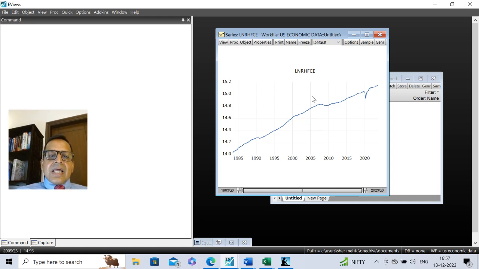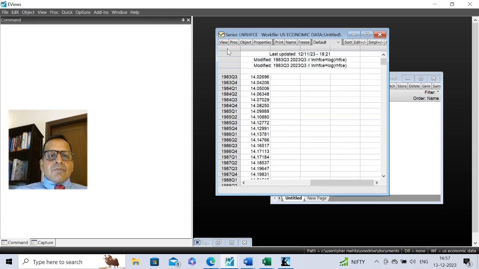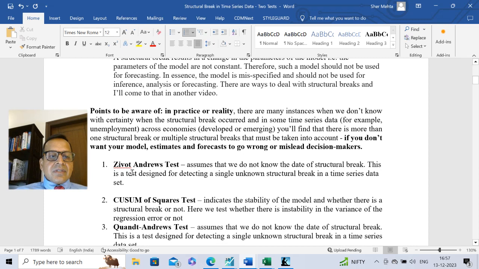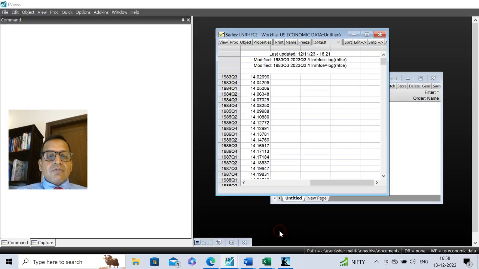Okay. Having said that, now what I'm going to do is show you the first test, which is the Zivot-Andrews test, which assumes that we do not know the date of the structural break. And this test is designed for detecting a single unknown structural break in time series data. So this test will identify for you what is the date of the structural break. In this case, it is quarterly data, so we have to find out when did the break take place. Okay, so